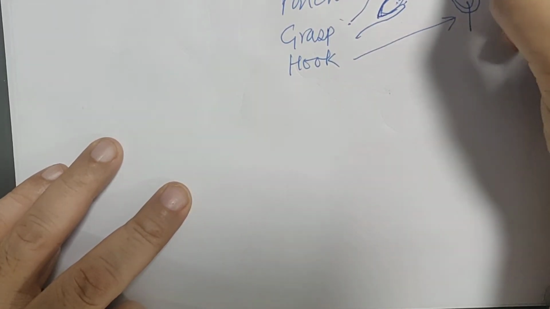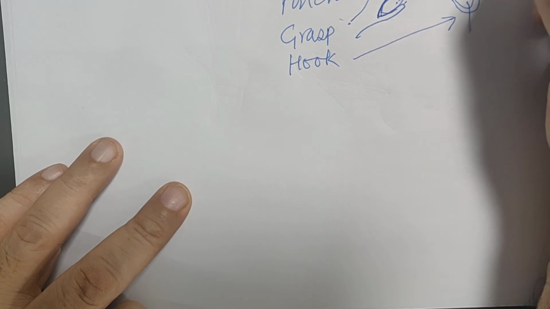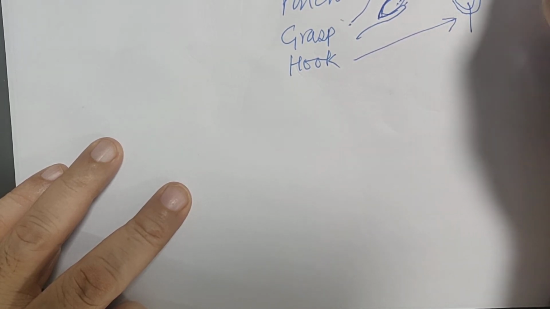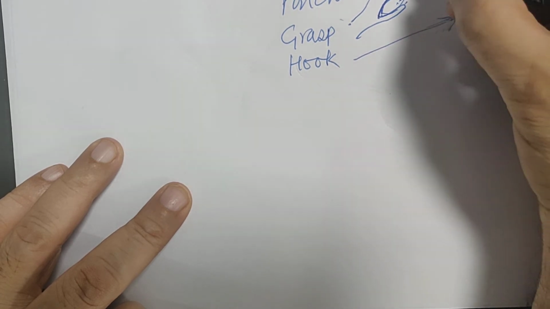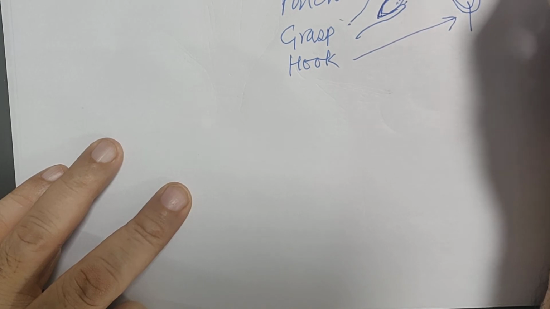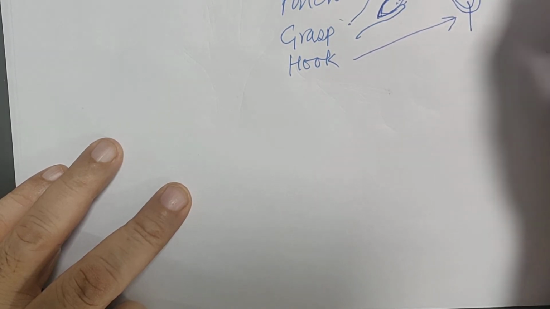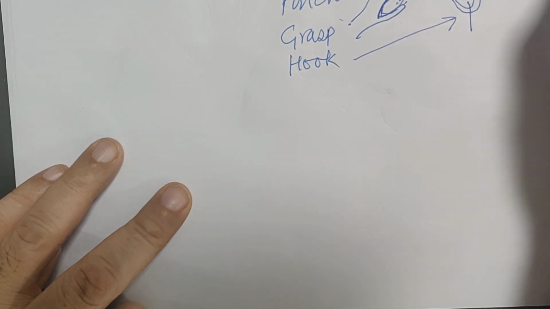And the pinch is of three types. It can be a forceps pinch. This is the forceps pinch, and this is the thumb. It can be a chuck nut pinch when a second finger is also involved, or it can be an accoucheur pinch when all fingers are involved. Depending on how many fingers are involved, you have a forceps, a chuck nut, or an accoucheur pinch.